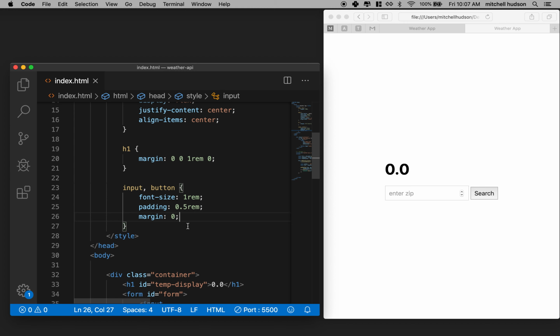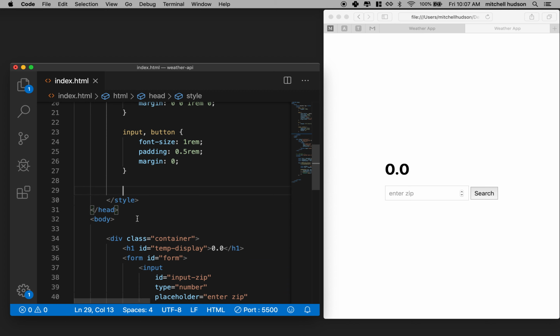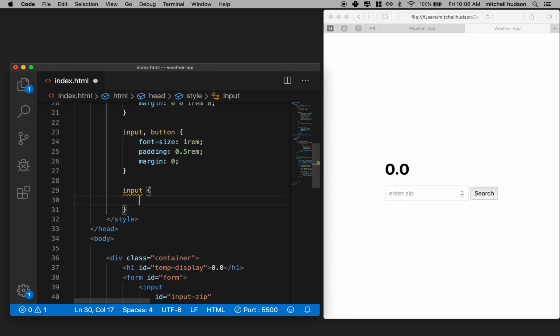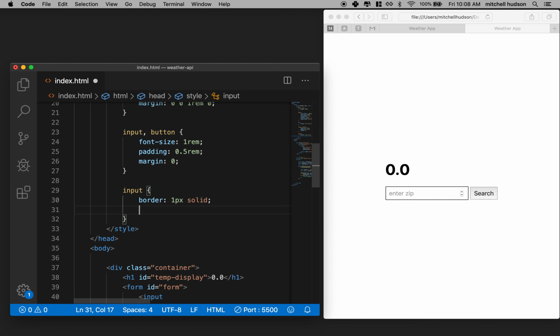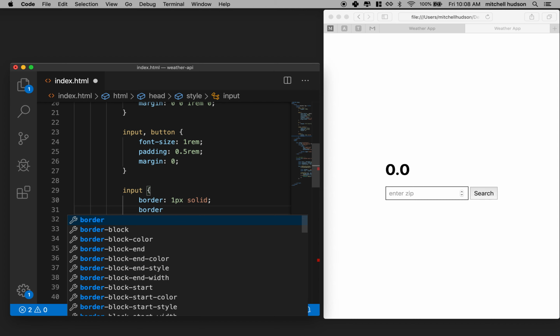I guess we're going to have to break out some styles for each one. So let's do input. It's going to be border of 1 pixel solid. So that doesn't look too bad. And then I want to put a rounded corner here and here. So we'll say border radius,